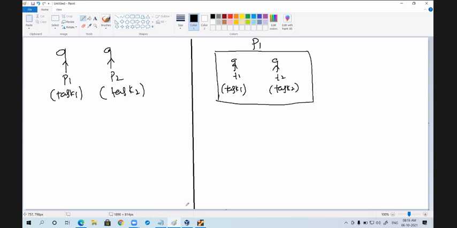Can I say the purpose of context switching is to achieve concurrent execution?